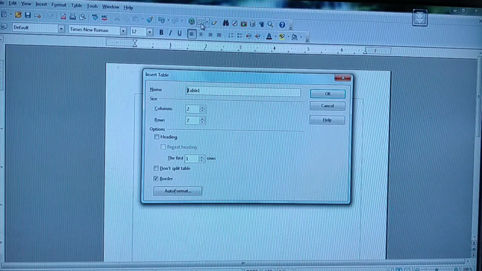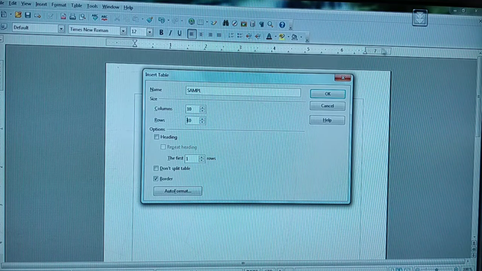Now I am going to change the name to Sample. Here I am going to specify the needed rows and columns. Using the spin buttons, I am going to have 10 columns and 10 rows.